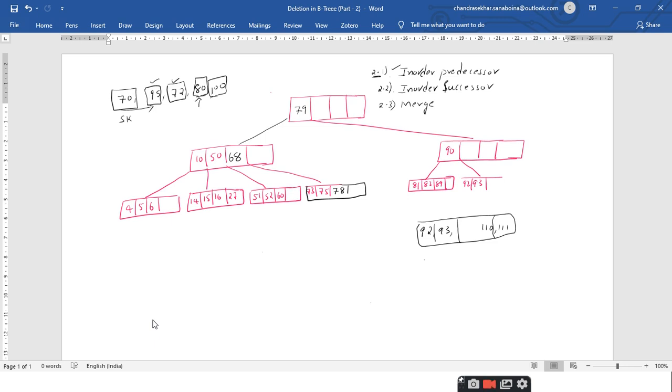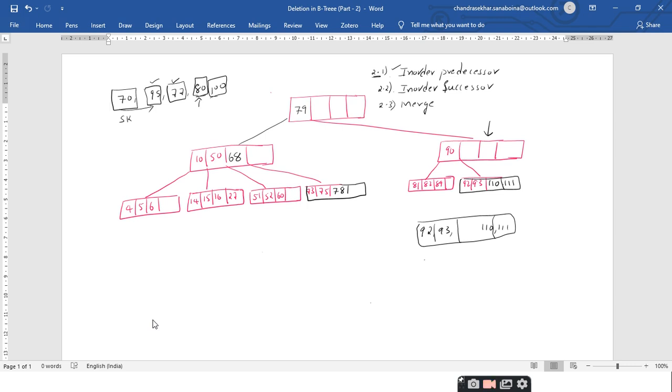So after 92 and 93, what is that I get here? It is 110 followed by 111. But here if you observe this particular situation, this internal node is having only one key. Can an internal node or a leaf node have less than the minimum number of keys?